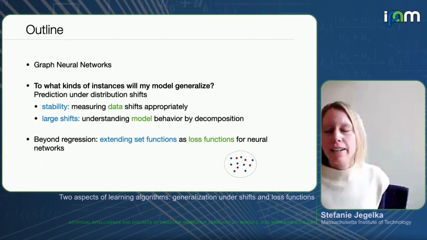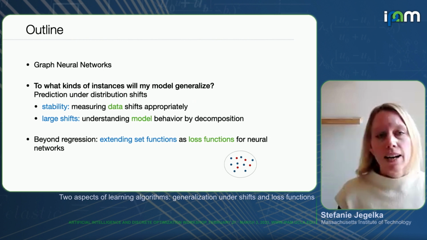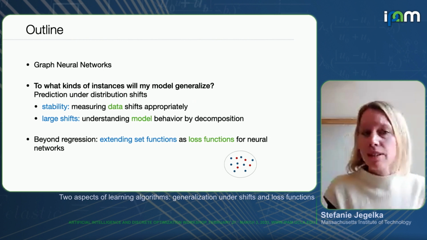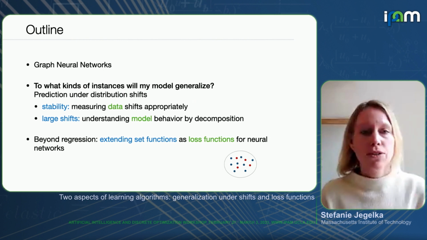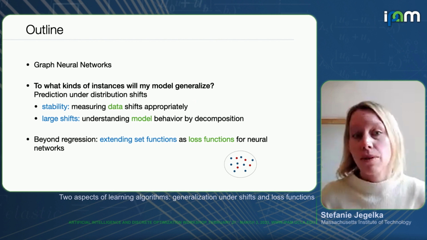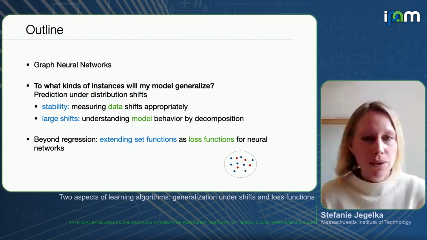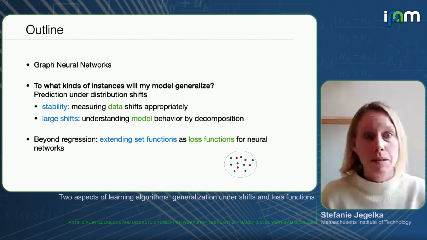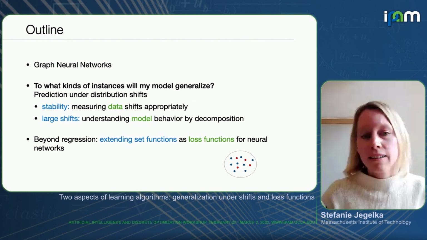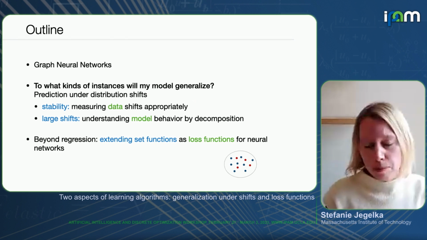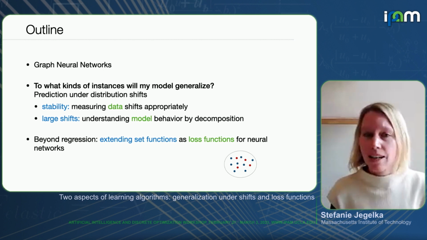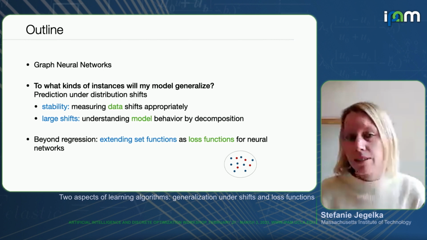Here's the outline of the rest of my talk. So obviously, these graphs lead to graph representation learning. So I'll first give you a brief reminder of what graph neural networks are. Most of you probably know it, but just to have everyone on the same page. And then I'll talk about two problems. The first one is a problem that I've seen occur in some of the other talks as well.